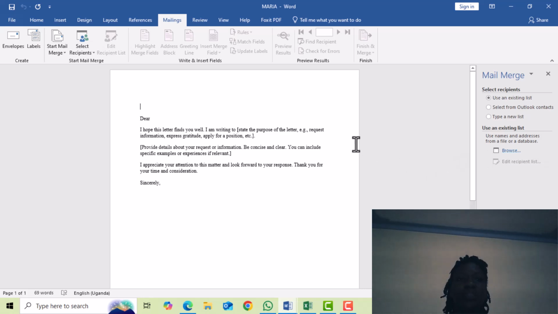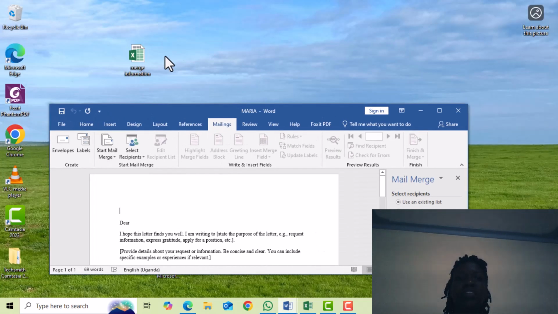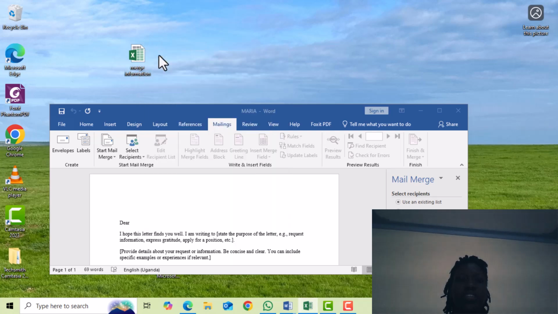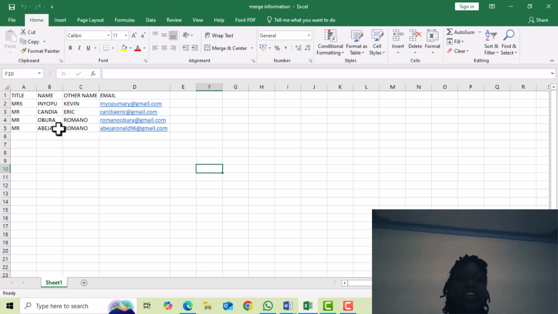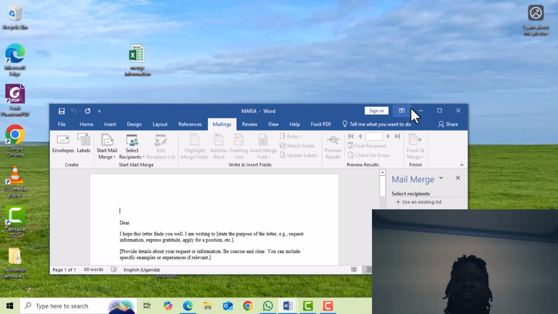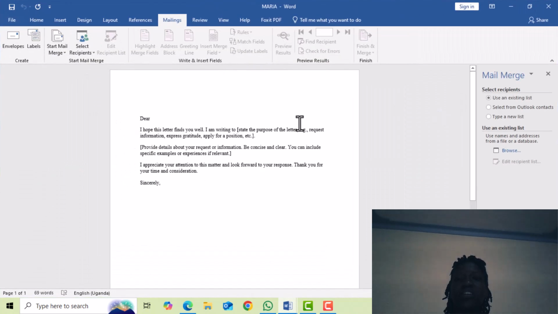So when I browse, I'm going to restore down this a little so that I can go ahead and open my Excel. So when I open my Excel, this is the information that I want us to browse, and the document is already saved as merge information. So when I restore this down, or I can close it for now, then I maximize this. Yes, so to browse the information,